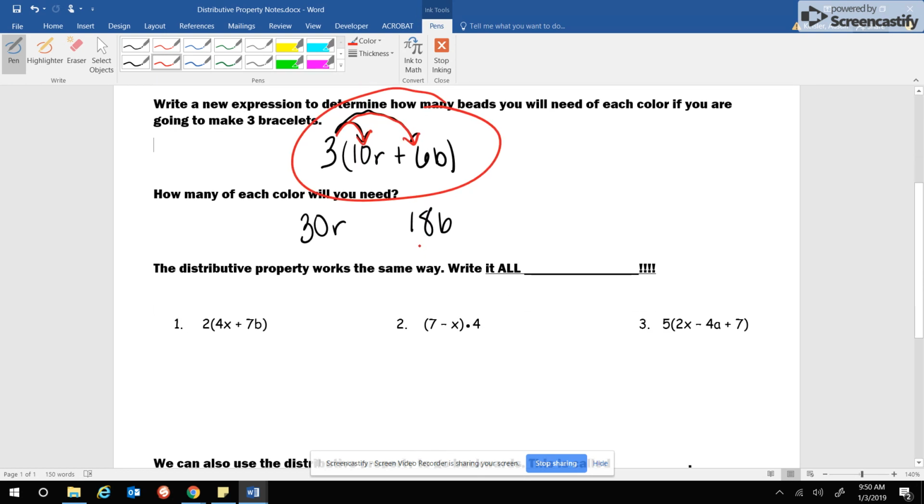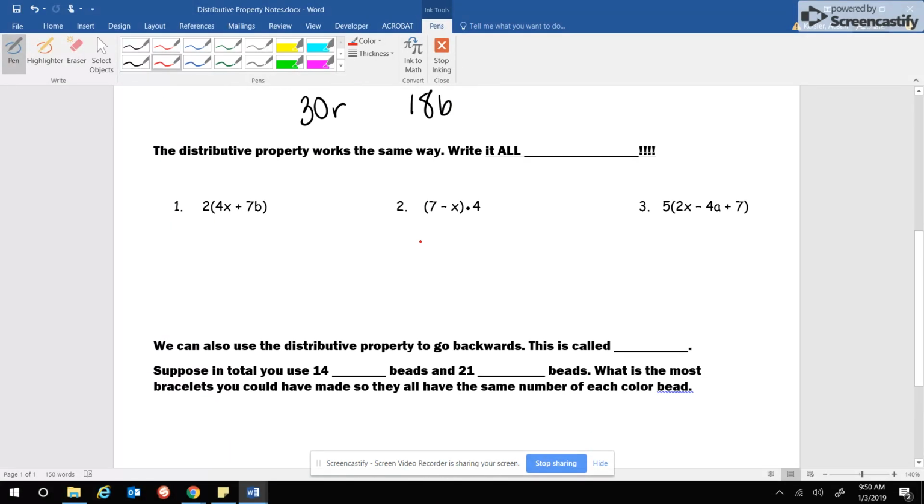Then it says right underneath this, the distributive property works the same way, and we're going to write it all 3 ways. And the first way is already given. They just have a number on the outside of a parentheses. The second way we're going to write it is, so for example, number 1, I have 2 times 4x plus 7b. Well, just like before, if I distribute this 2 in